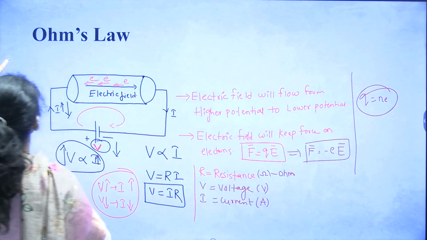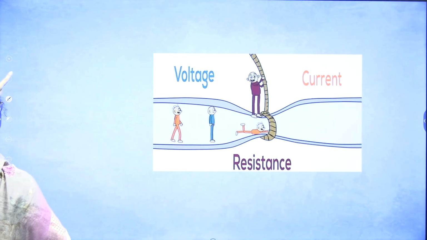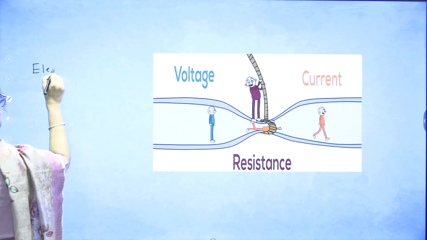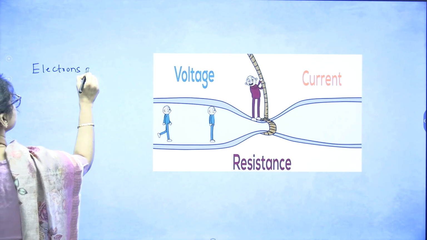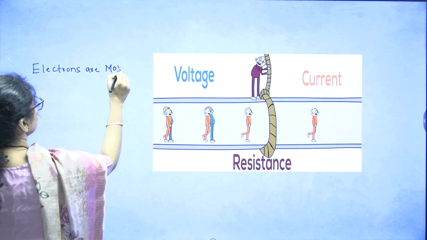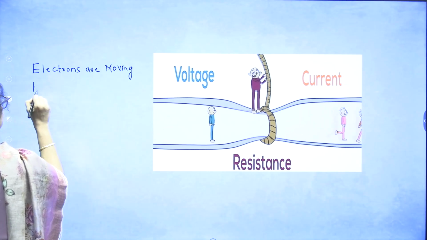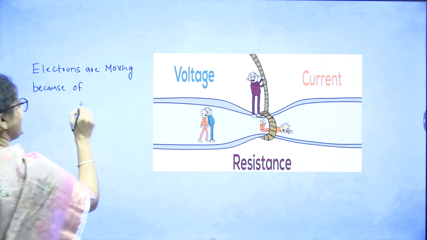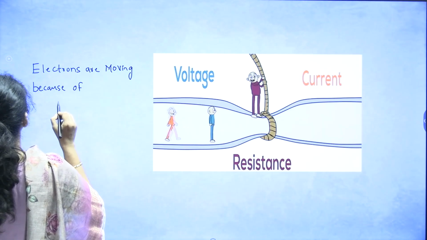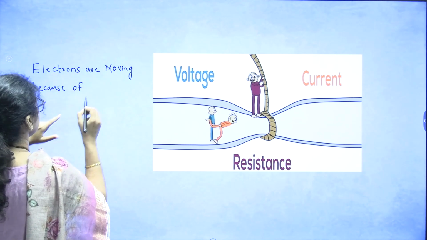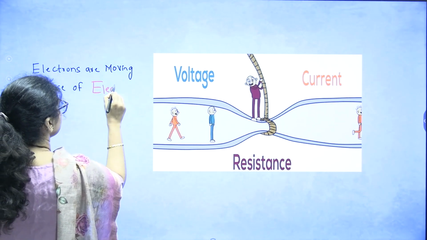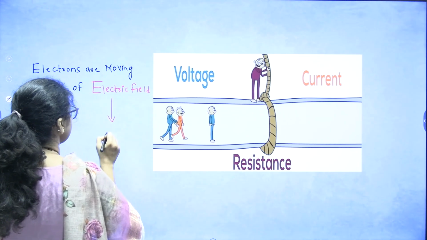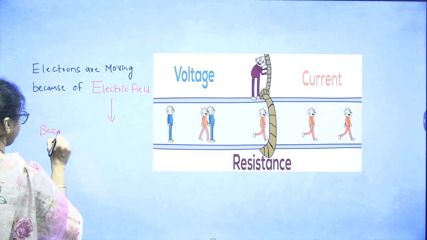So I will tell the answer for this. I will explain this also. My question is: electrons are moving because of what? We have to know the reason. Electrons are moving because of the electric field. Very important: electrons are moving because of the electric field, and this electric field is because of